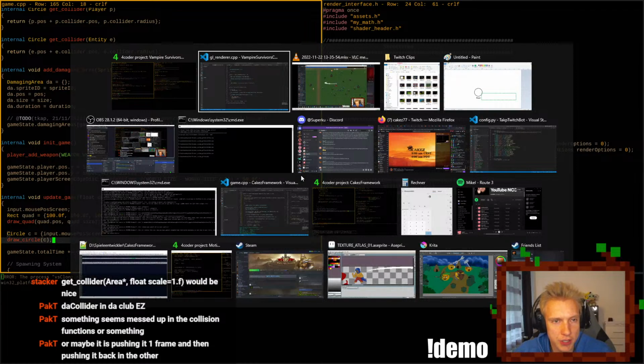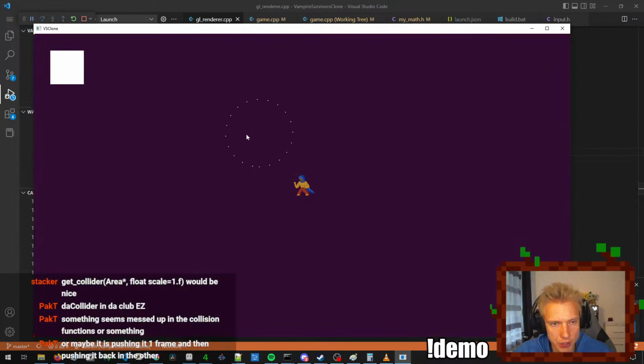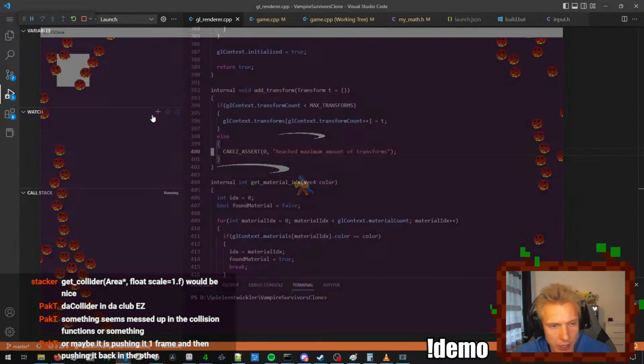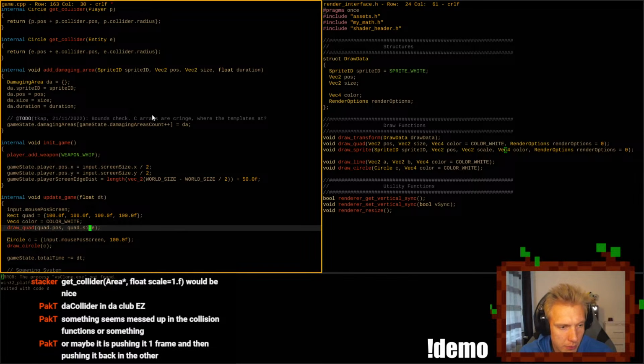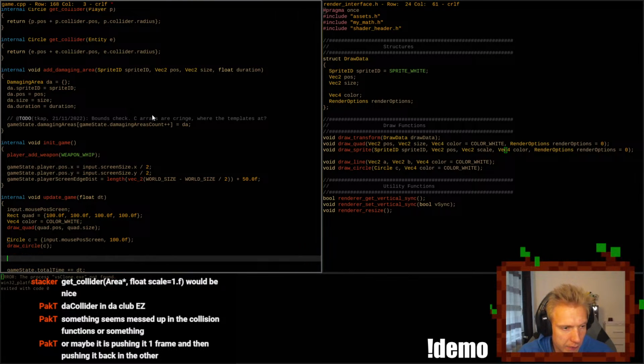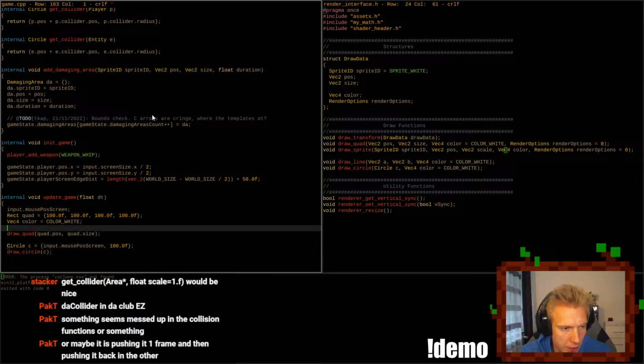Okay, let's just look real quick. I should have a circle around my mouse and a quad. Now, now we have a vec for color, which is color white. And then we can do if. Let's do that here, I guess.